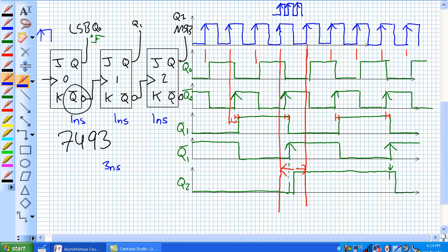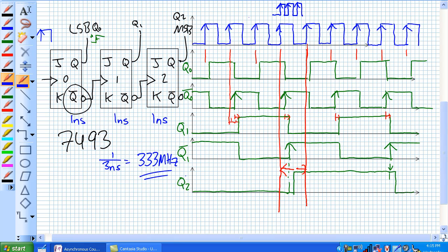So what is the maximum clock frequency? It'd be 1 divided by 3 nanoseconds, 333 megahertz. Not a very realistic example. That's very good. If you can run this thing at 333 megahertz, you're pretty happy,